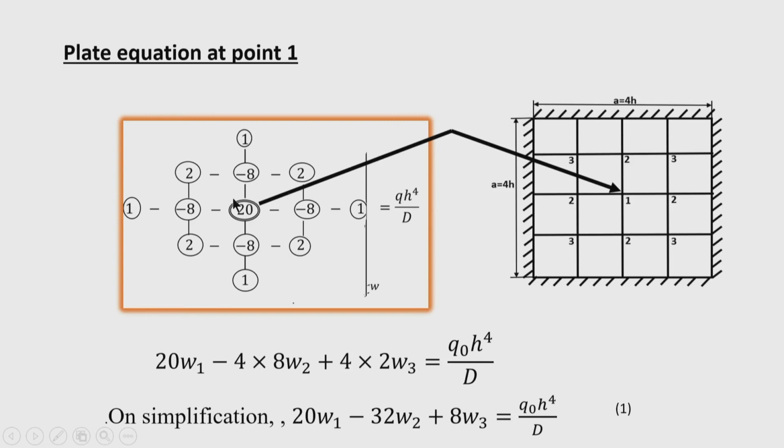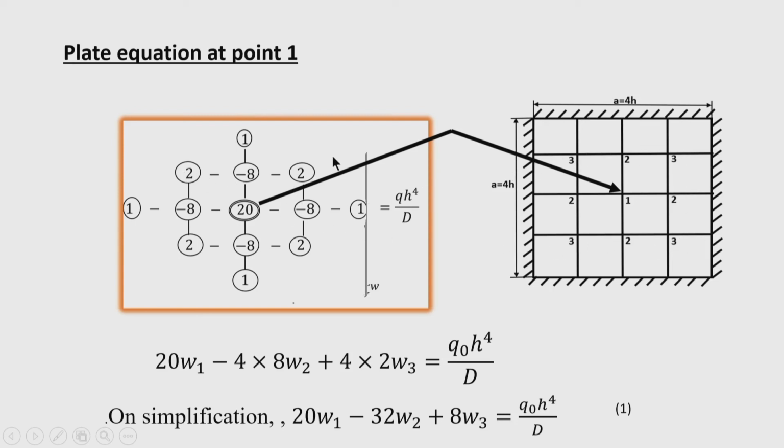Now, let us place the stencil for the plate equation. This is the stencil for the plate equation that I have shown earlier, and it is placed here at node 1. After placing the stencil at node 1, the 20 is here and minus 8, 1. This 1 is falling on the edges, so naturally there will be 0 value. Then again this is minus 8 and 1, this is falling on the edges, this is minus 8, 1, this is falling on the edges, this is also falling on the edges,